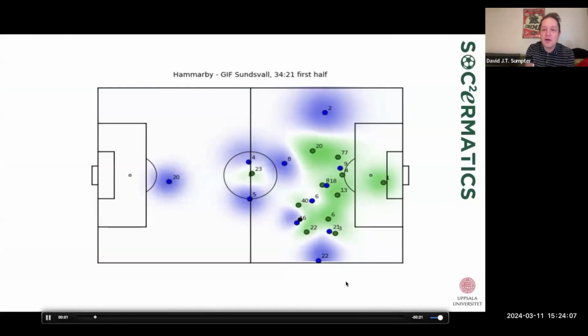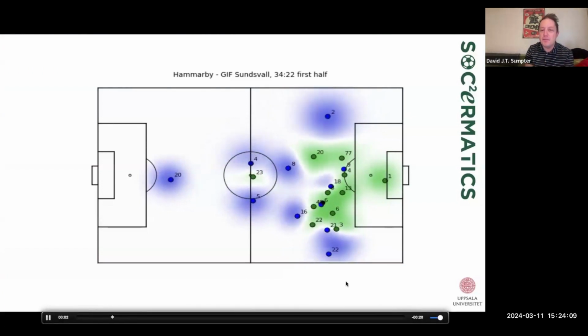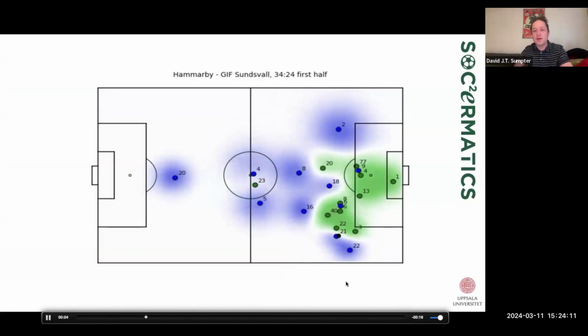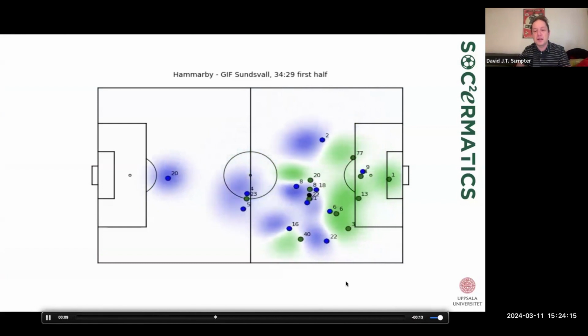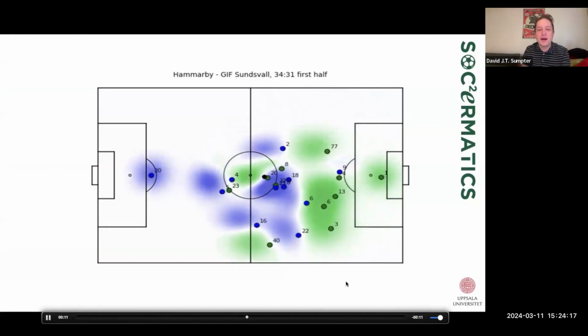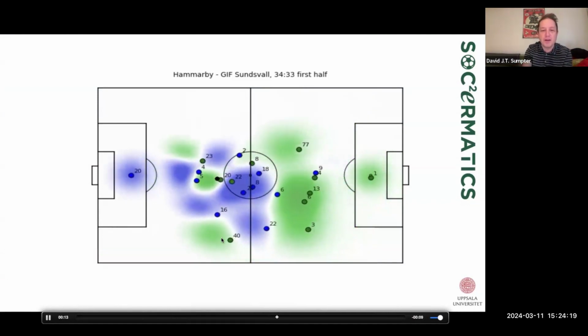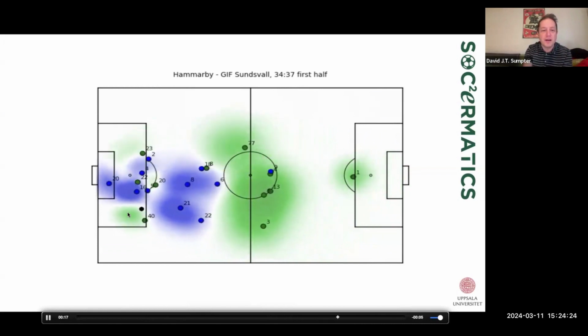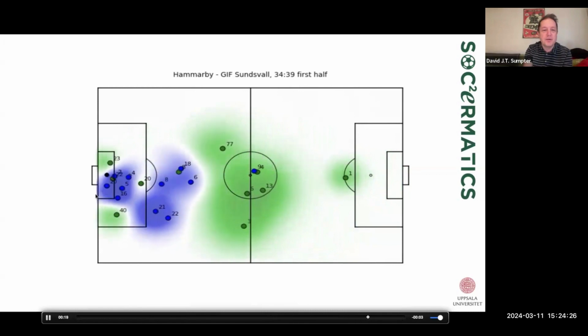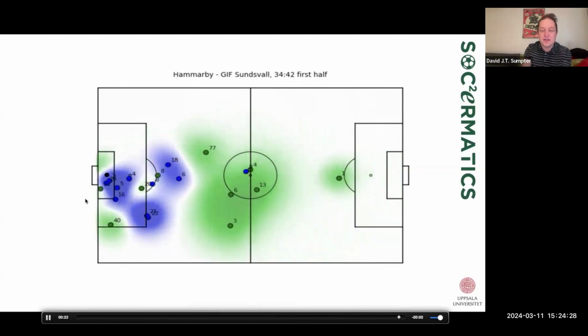Okay, so let's break this down. This is exactly this pitch control view that I talked about from Barcelona. And you can see where the players control space throughout the attack. And see, this was the player on the left wing. This is the player on the right wing. They have control in the middle there, which opens up this space. Then the ball comes into the middle and he scores the goal.